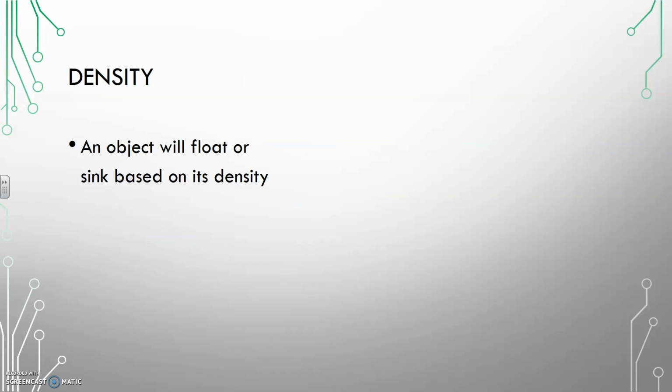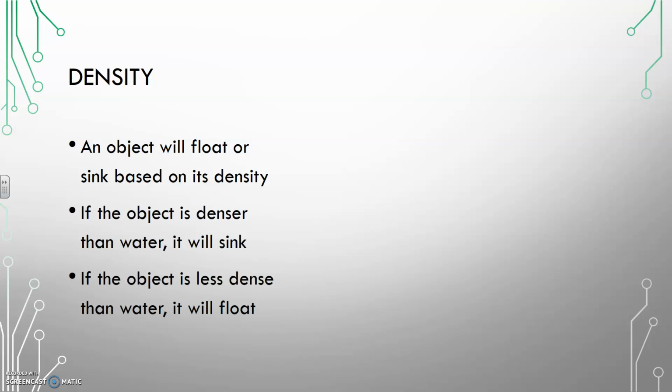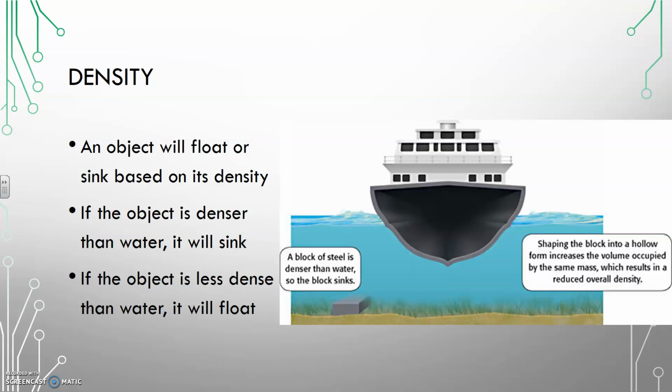Now an object will float or sink based on its density. If the object is denser than water, it will sink. If the object is less dense than water, it will float. If you think about a ship, because this was always a question that I had growing up, how does a ship float? It's really based on the structure of the ship itself. If we see a block of steel, a block of steel is denser than water, so the block will sink. Now, shaping that block of steel into a hollow form increases the volume that that block of steel